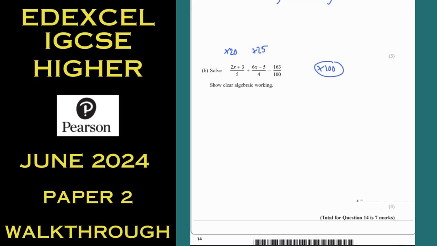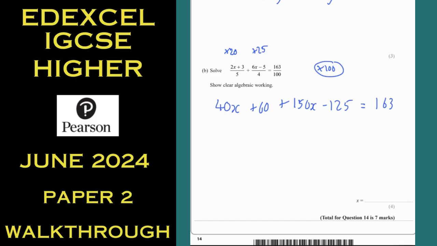That will get them all on the same level, which is important because it just makes it look a heck of a lot easier. So 20 multiplied by each of these is 40x plus 60. 25 multiplied by each of these is 150x minus 125, and the 100's gone on the bottom, so it's just